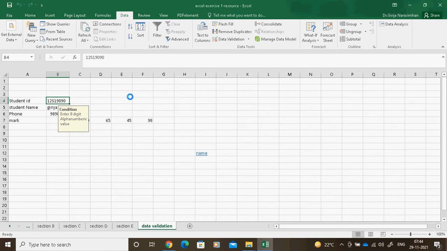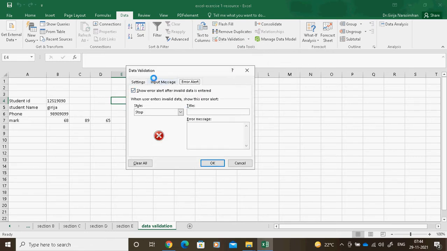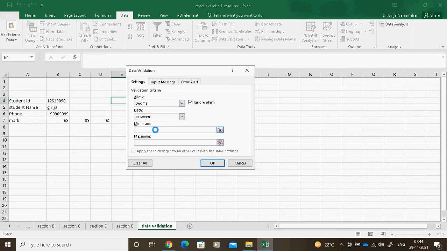Suppose I want to enter a 3-digit number. Think that I want to enter some marks, a 3-digit number. So what data validation value do I give? You see here, data validation. In settings, I will say not any value. I will say only a whole number or decimal number, maybe 18.5 something. I can say decimal numbers, whatever it may be. Between what? Between 0 and 100. This is my maximum value. Maybe I can give whole number better, because generally any mark will be rounded off. 0 to 100 I will give.